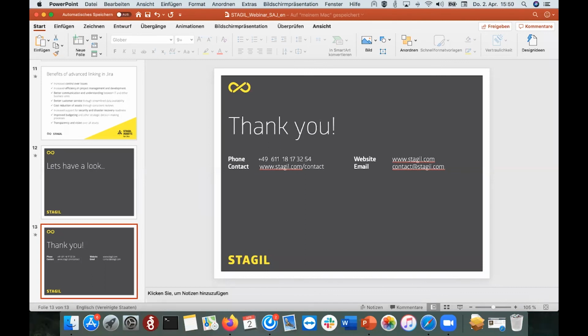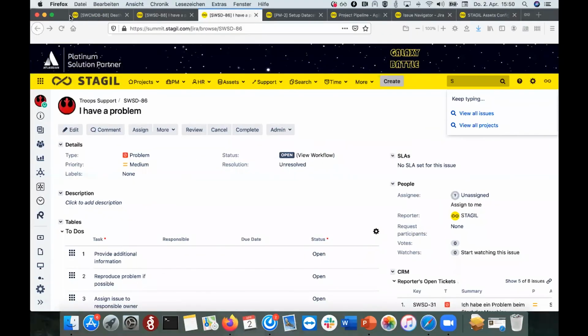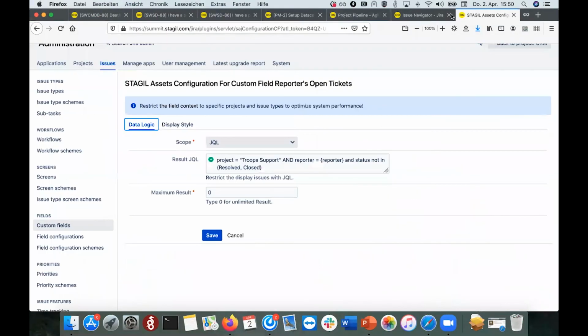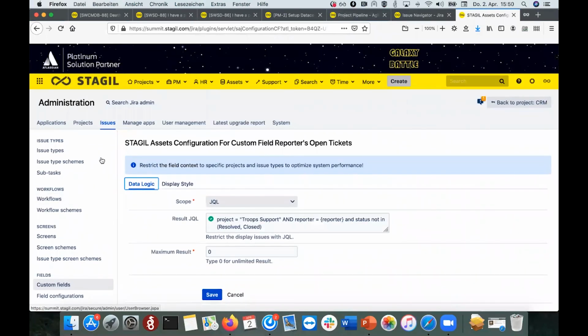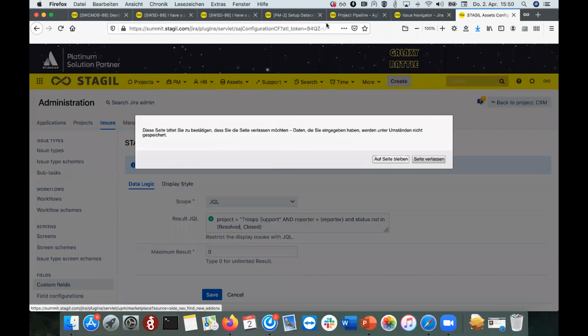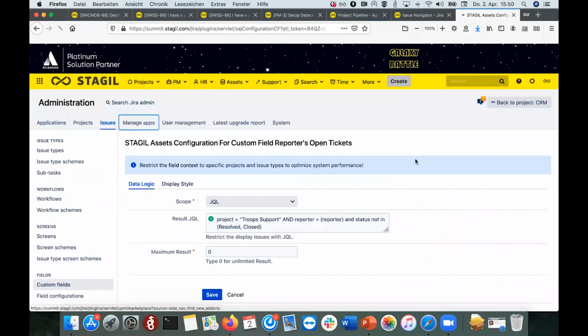sample data. Marie, could you please go to the one-click setup page? Do you have it available here? So you have to go to the Manage Apps. So what's